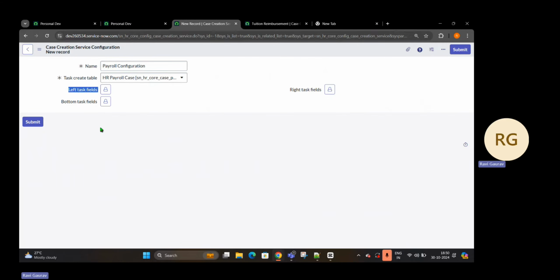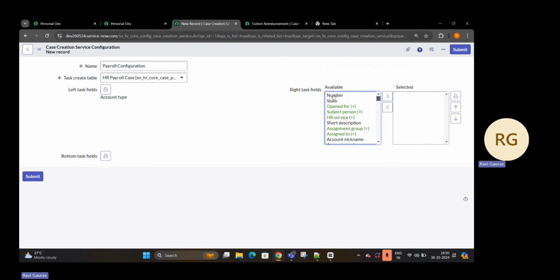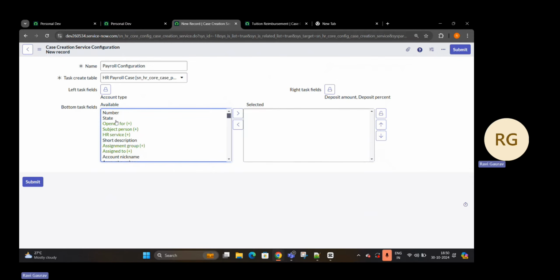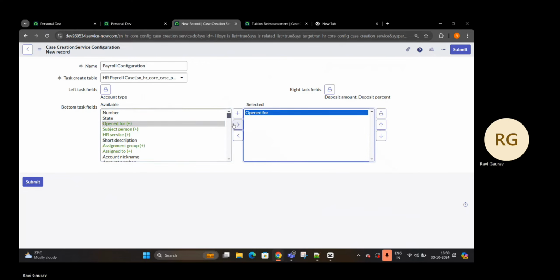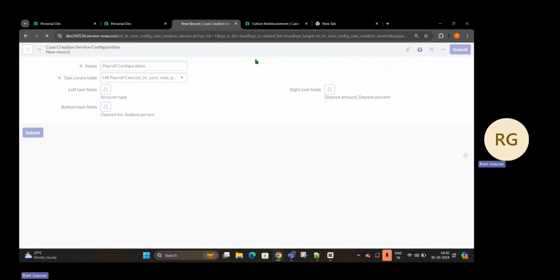Now what I need is on the left hand side I want a certain field, on the right hand side I want a certain field. So let's say on the left hand side I want account type, okay, and on the right hand side we have something called amount, and you can see deposit percentage. And on the bottom side, I want fields called opened for and subject person. See how it looks. So once I save it,